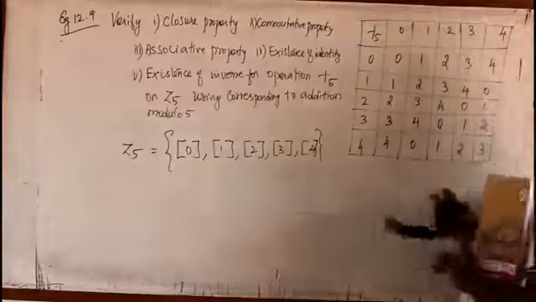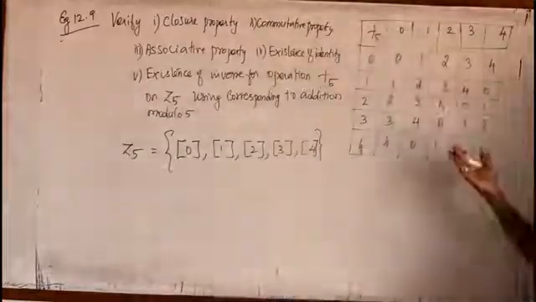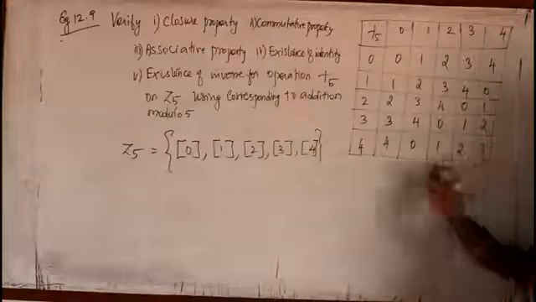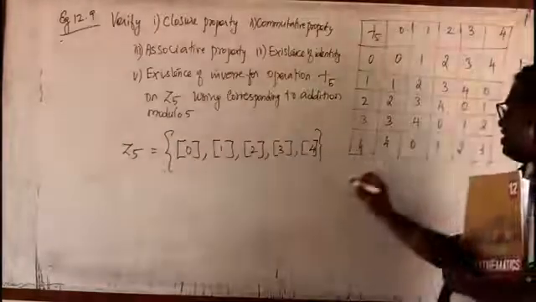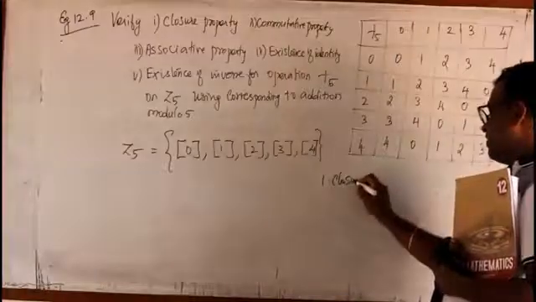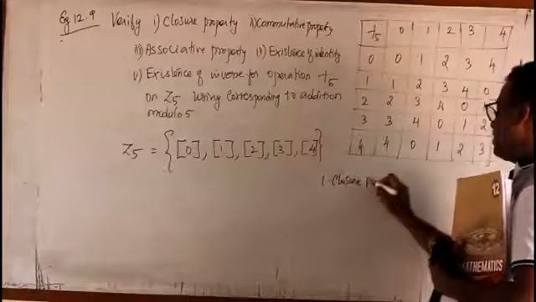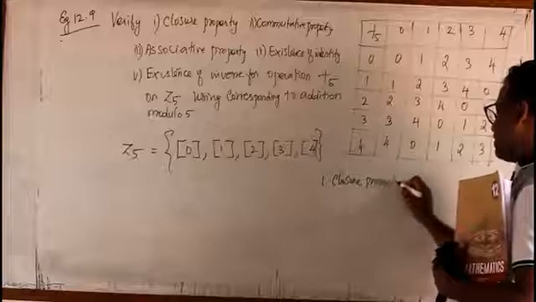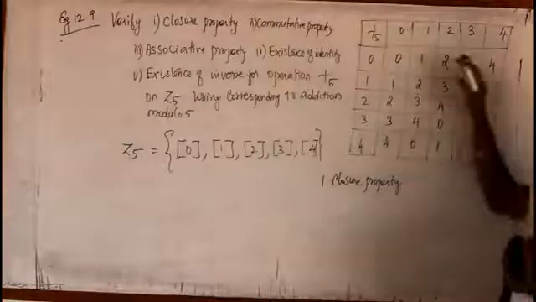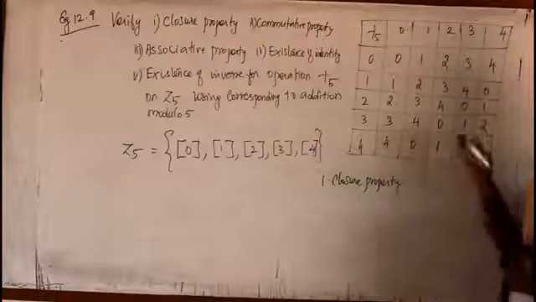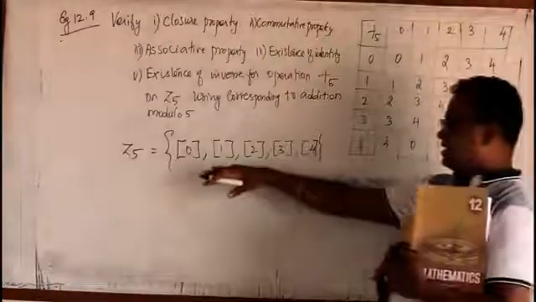This is called addition modulo 5. If the number is more than 5 or equal to 5, remove the number of 5s. You will get the remaining numbers. Now from this table I have to check whether everything is obeyed, that is, all the properties. Closure property. See, I am getting the answers as nothing but 0, 1, 2, 3, 4. So I am just getting the answers that are there in the set already.